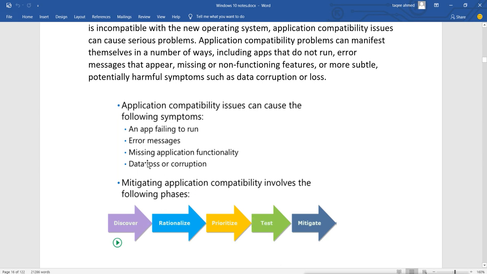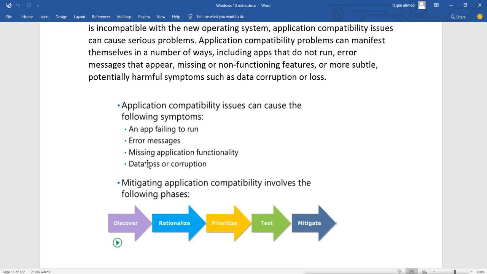Before doing the upgrade, you should check whether these applications are compatible with the new version or not. For that you have a tool called Application Compatibility Toolkit. That tool is not available by default in Windows 10, so you have to install it separately, and then you can check whether an application is supported in Windows 10 and on the edition you are going to install.